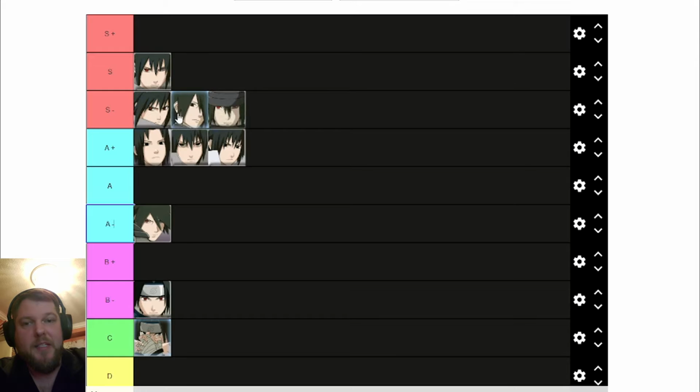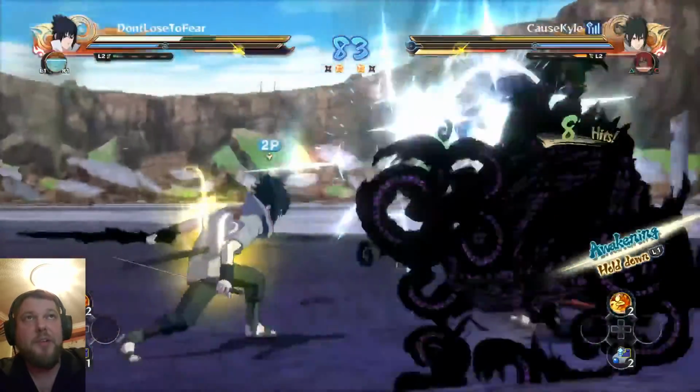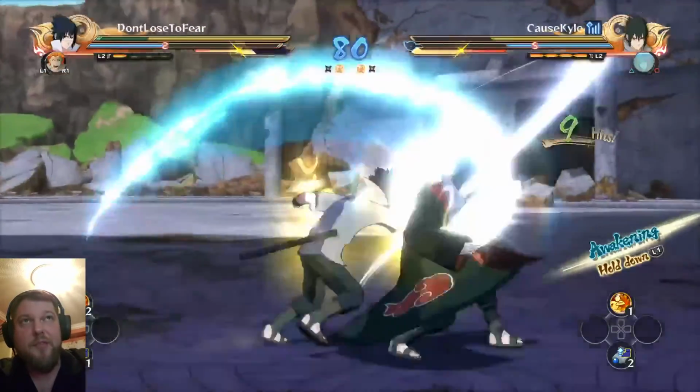You can put him in S- because he competes with S and S+ tier characters. I've used this Sasuke enough to know, as long as you have a good connection and it's not lagging, this Sasuke is not just S- tier, he's S tier. He's absolutely phenomenal. He's potentially the best character in the game if you can fully master him and fully understand